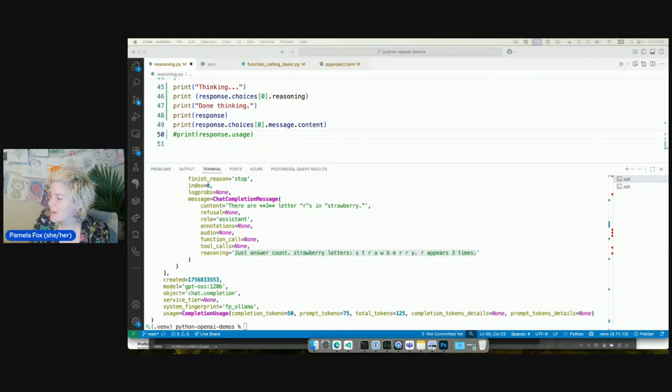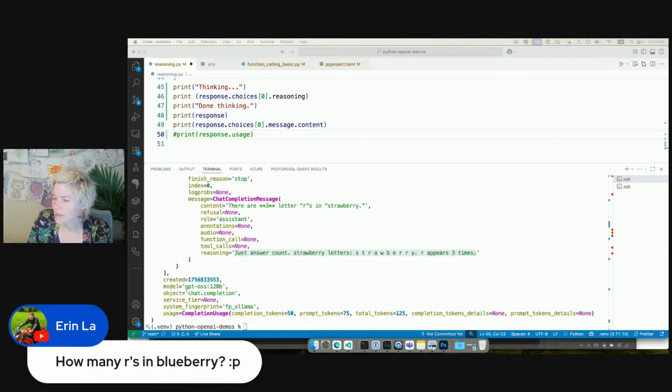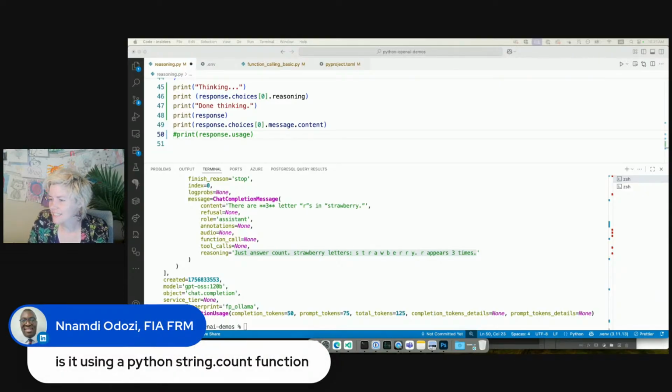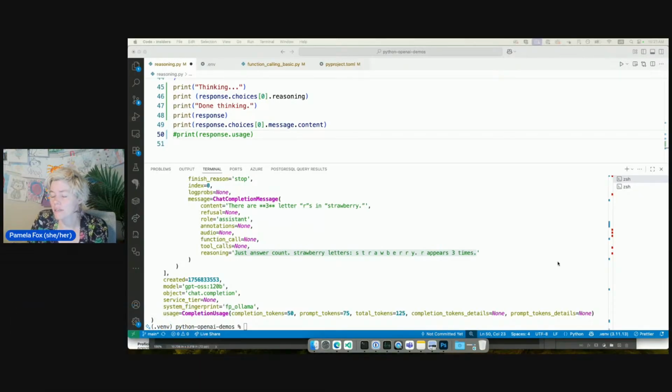We got more questions. How many R's are in blueberry? So blue. How many R's? And then is it using a Python string.count function? No, it isn't. It's not using any functions. The next thing I do want to try is function calling, however. Okay, so